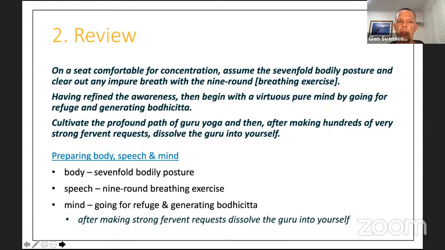Preparing the speech, we can use the 9-round breathing exercise, or another variation is just focusing on taking 3 deep breaths. Here at this level, again, this breathing exercise is, as it says here, to refine the awareness, to really let go of any agitated negative states of mind, to bring the mind into a neutral state, so that we have a good basis then for being able to cultivate a virtuous pure mind of going for refuge and generating bodhicitta. And then to